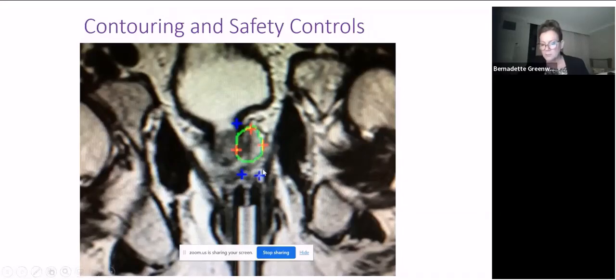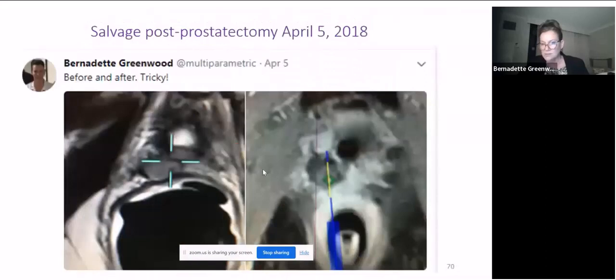This is how we're able to protect the nerves responsible for erection, the rectal wall itself, and the muscle responsible for controlling urination. And it's such a precise technique that even in patients that have had a prostatectomy, if the cancer decides to come back after the whole gland is taken out, which it does,